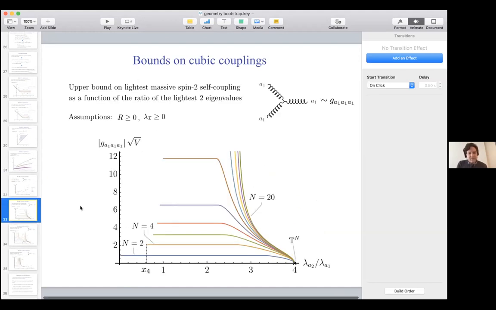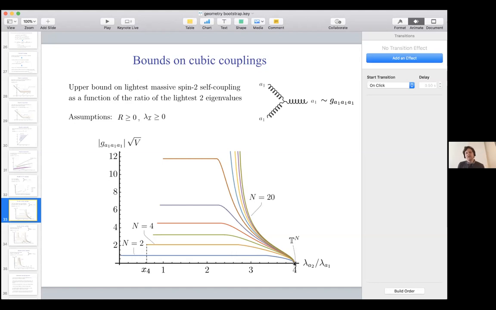Here's some more cubic couplings. So here, again, we're looking at the cubic couplings of the first non-zero eigenmode of the spin 2. And now we're looking at the cubic coupling as a function of the ratio of the first two eigenvalues. So we see now that as you make this ratio go to its maximum value, so we saw that the